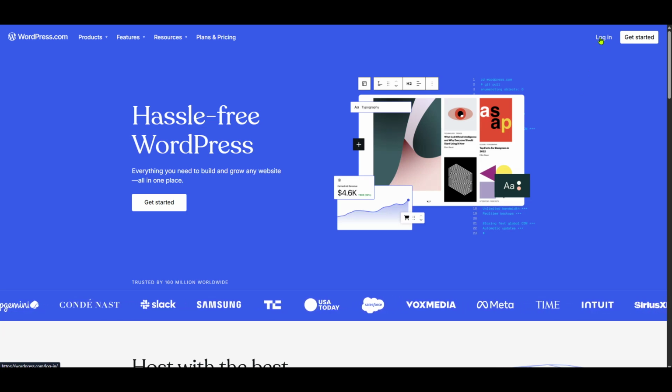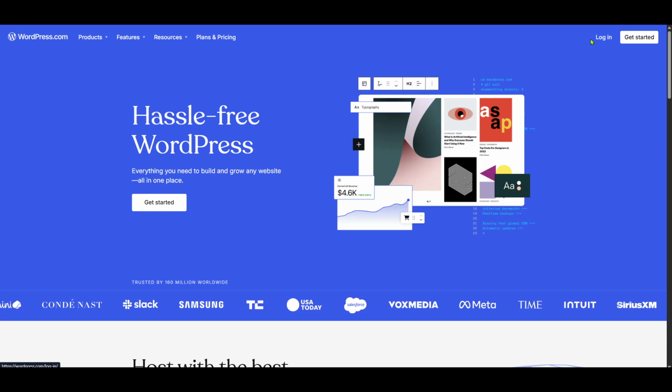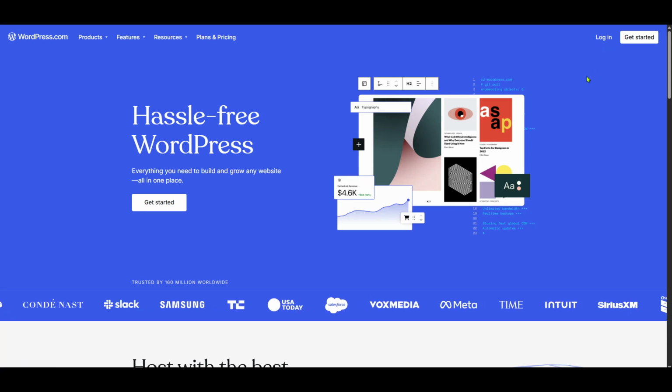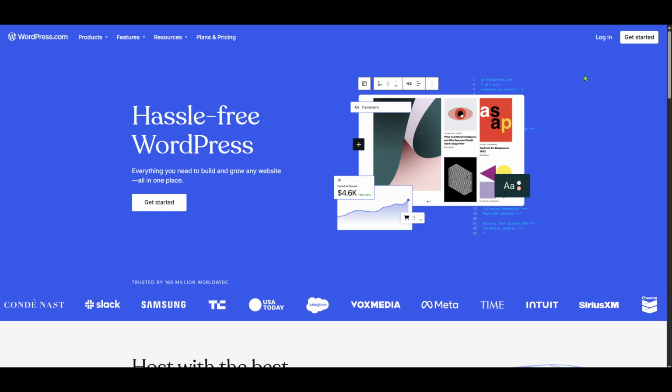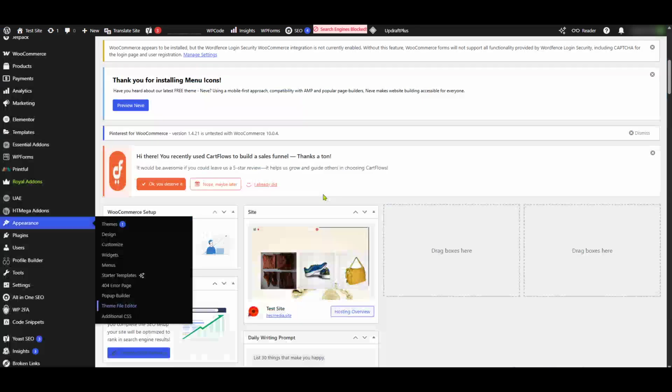Now, on the left-hand side of the dashboard, locate and click on Appearance. This section allows you to manage everything related to the look and feel of your site, including themes and widgets. Once you're in the Appearance section, you're going to want to look for Theme File Editor. Click on it and you'll be given access to the underlying code of your current theme, including the all-important Functions.php